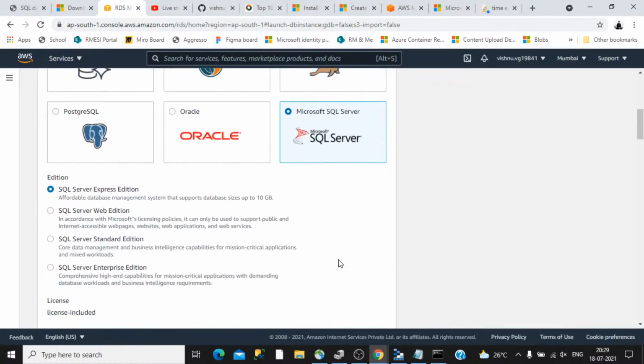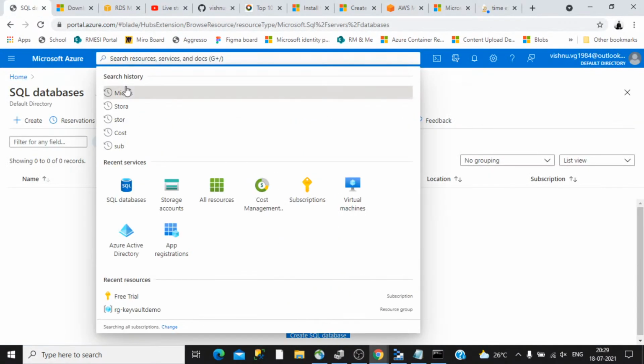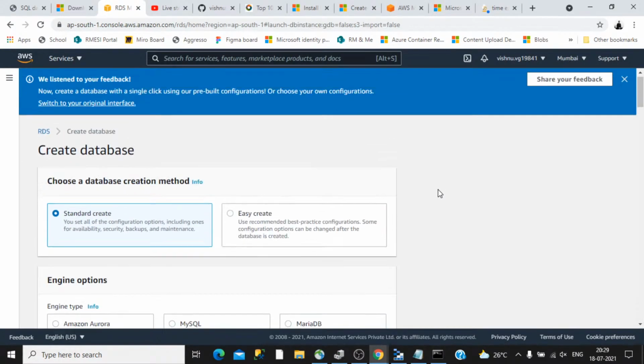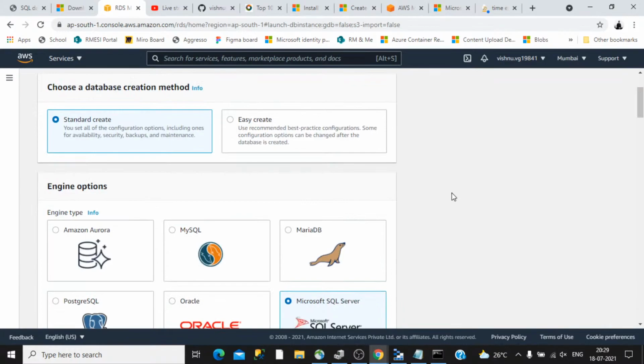So this is a different way when compared with that of Azure. Here you have to search and select that particular service straight away, but here we selected a relational RDS initially and then selected a model differently. So there are different ways by which we can create the database. You can just be aware of these things while working on these different types of platforms.